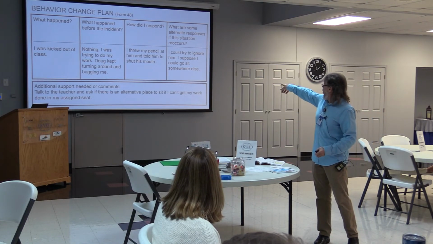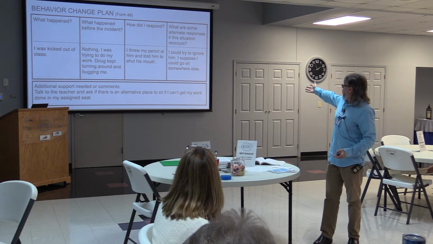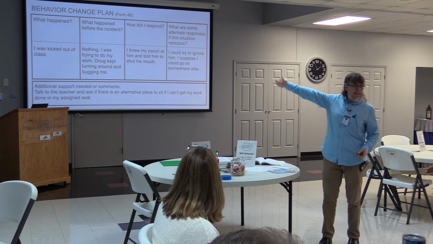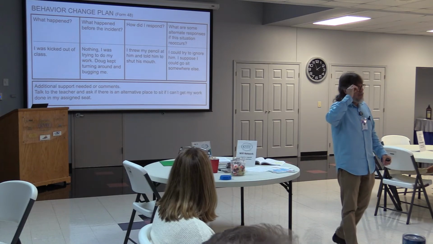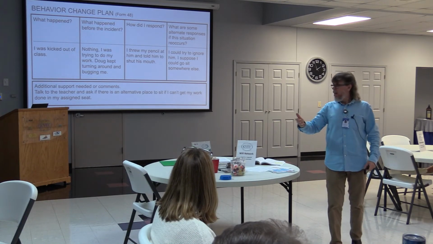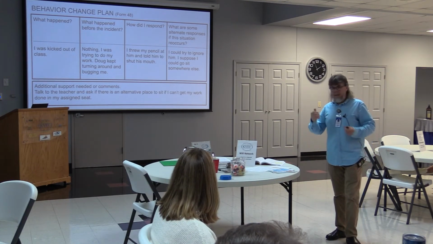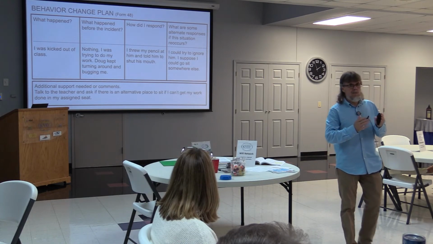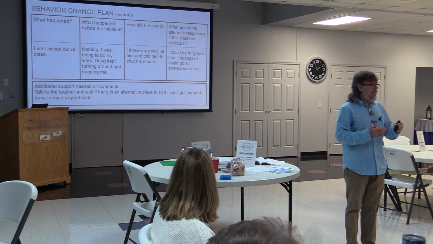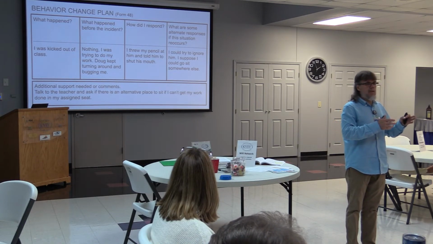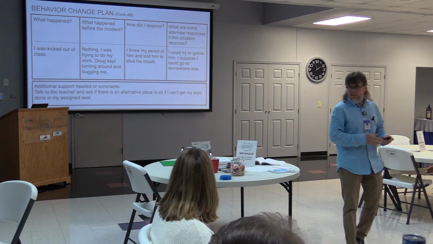So, all right, what are some responses that we could have done? Okay, that's what happened. That's what happened as a result. What happened to you is you got put out of the classroom. What could we have done differently? And what are some other things that you can do? It's just a simple little form that you can use to put closure to the incident and help them decide on what are some other ways that I can handle this in the future.